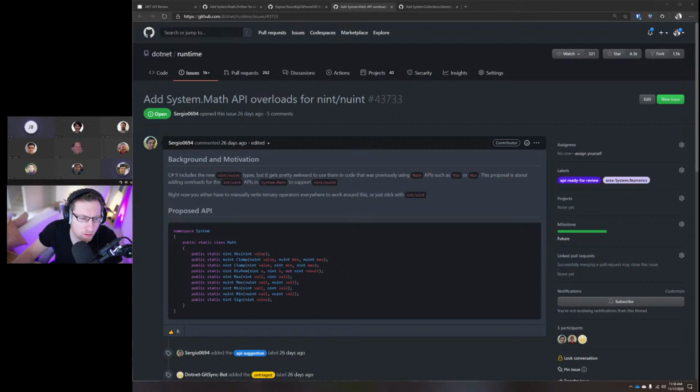Giving it a quick scan, the only thing that seems to be missing is BigMul. Yeah, so BigMul doesn't make sense because BigMul is taking an input of 1 precision and returning an output that's twice the precision. So 32 bits and returning 64, or 64 bits and returning 128. You can't really define that for NInt because you don't know what double the size would be. Gotcha. You probably could, but I also don't think that's as useful. No, makes sense.